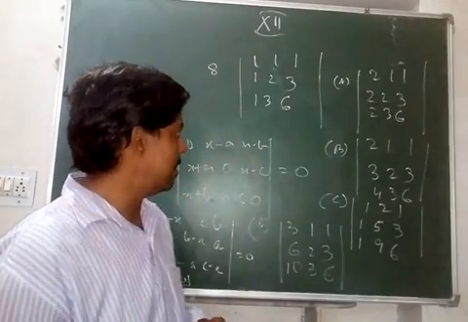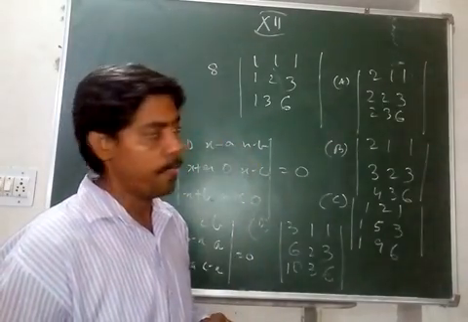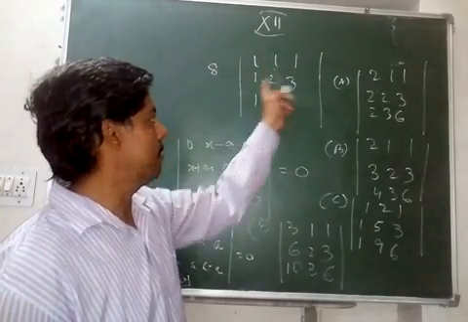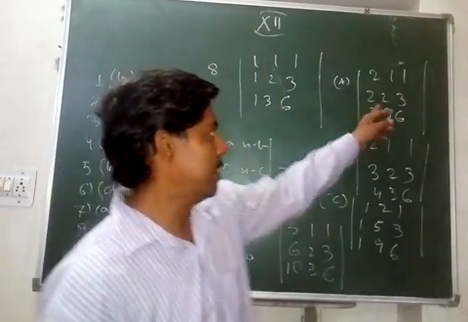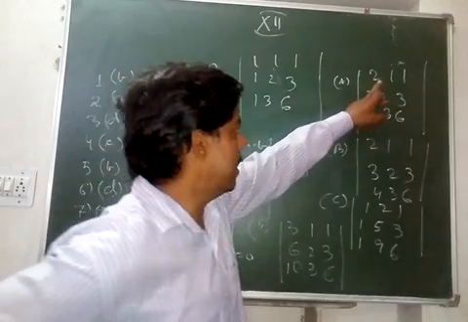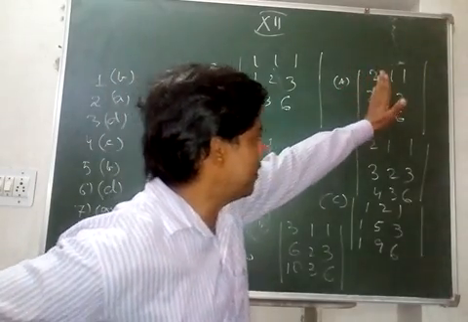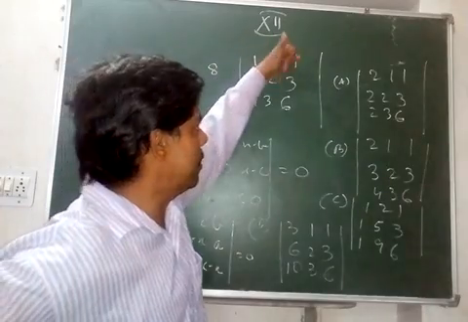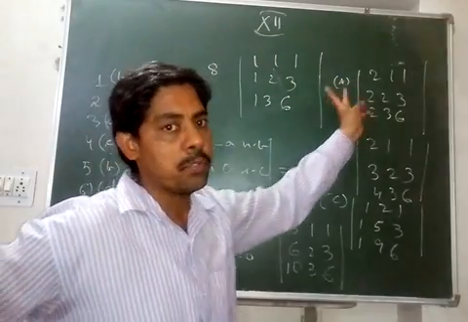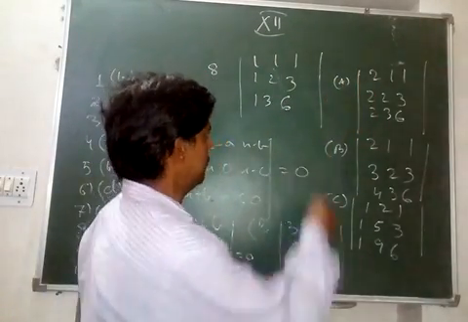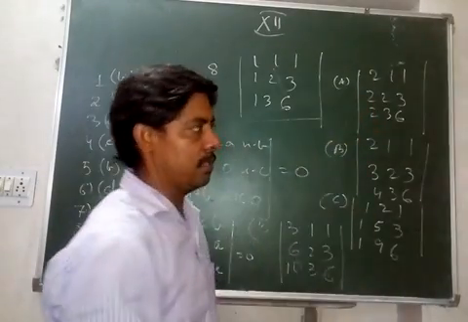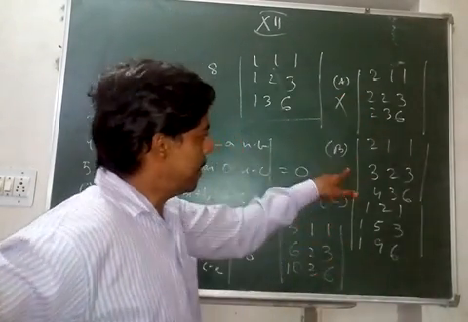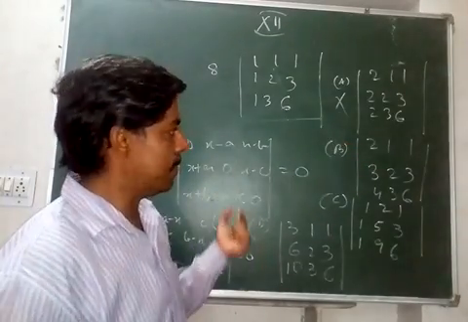So let us understand question number 8 first. In question number 8, this is a determinant 1 1 1, 1 2 3, 1 3 6. Now see, the A choice is wrong, because in A choice you are getting 2 2 2. So if you take 2 outside, it will become 1 1 1, 1 2 3 and 1 3 6, but it will become 2 times the determinant. So the value is delta, and this is 2 delta. A choice is wrong and nobody marked A. B is correct. B is matching. And how is B matching?